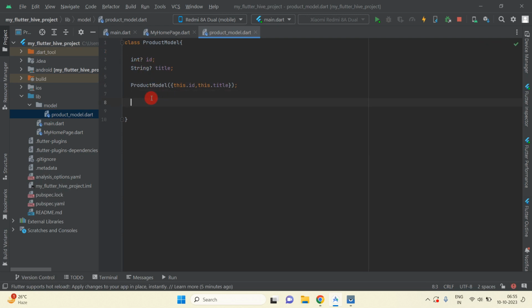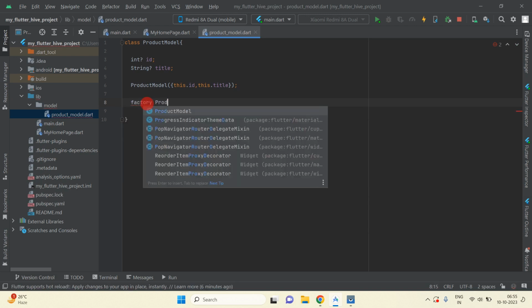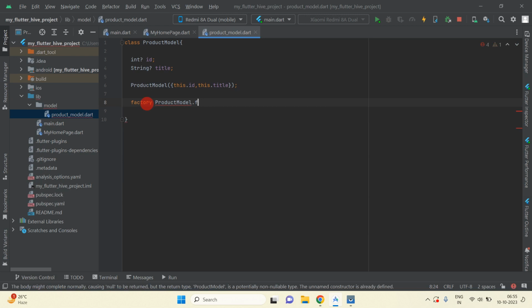And here we will use factory. We will create the from JSON and to JSON methods. So here we will use a factory constructor, and just write product model dot from